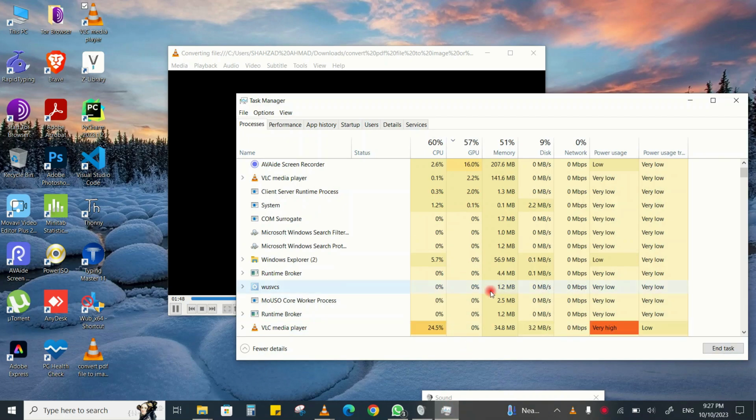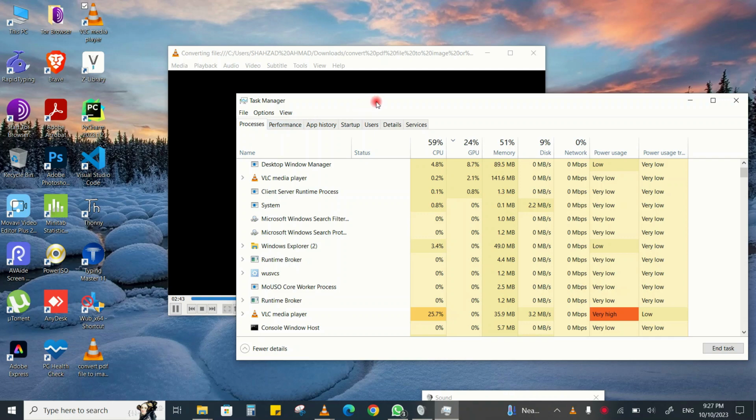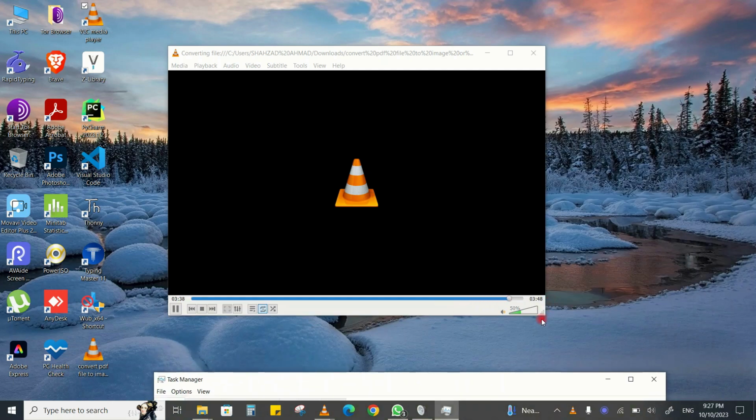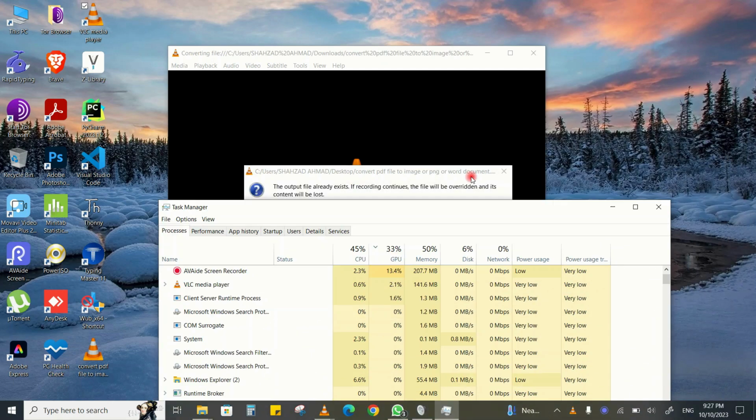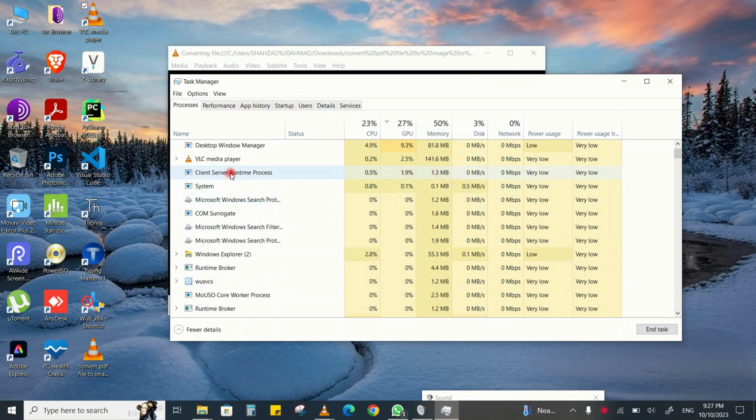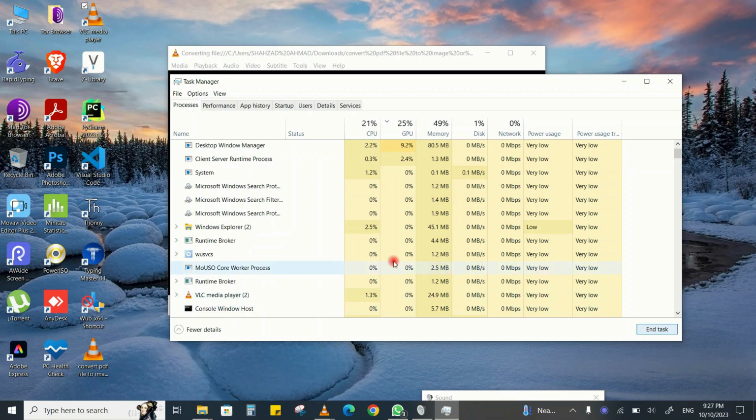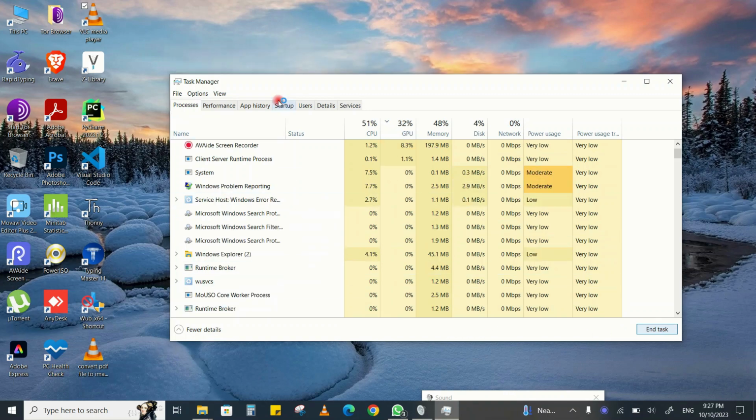You must have your task manager opened. When it finishes, we close it from the task manager. Here select VLC and then click end task. Here VLC end task. It is ended